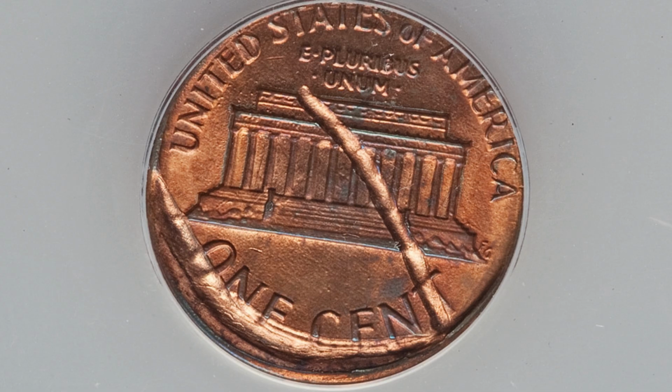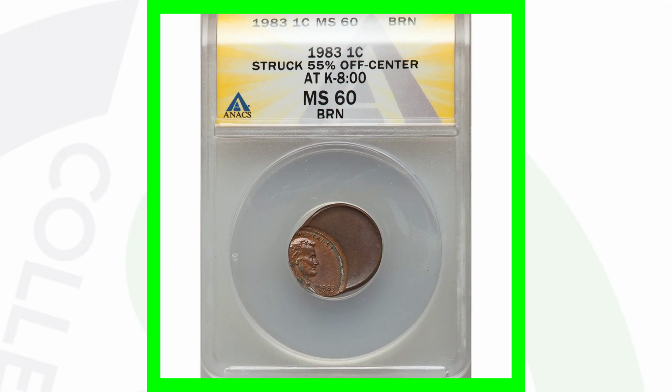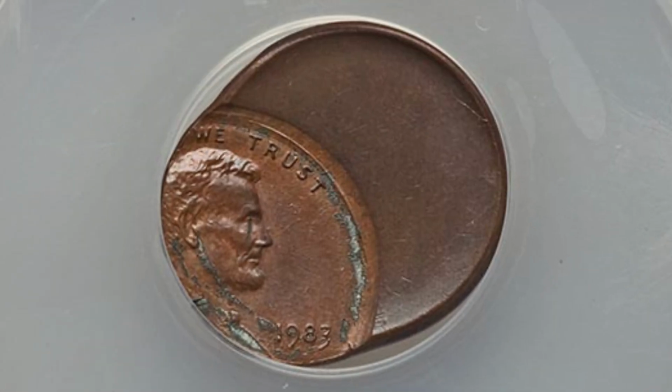So your pennies will either grade at a brown, a red brown, or a red. Red's the best, of course, so keep that in mind. A Mint State 63 red is different than a Mint State 63 red brown, or a brown. So 45 bucks there. Here's a 1983 Lincoln Cent that's graded at a Mint State 60 brown that was struck